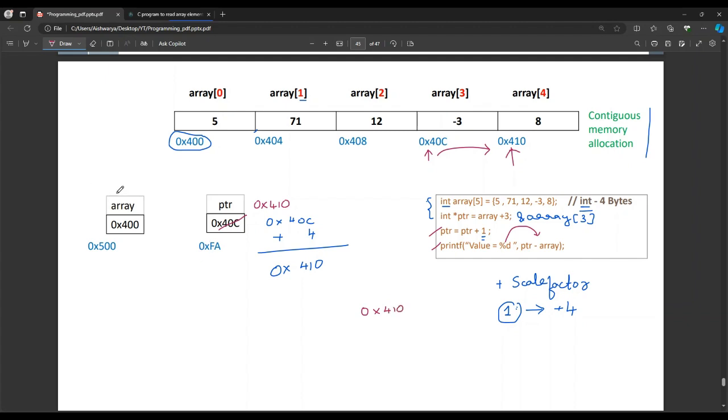And what is the name of the array? Name of the array is a pointer. You can do pointer arithmetic on normal pointers, but on the name of the array you can never do it. Say something like array plus plus, you can never do that. You could do ptr plus plus, ptr minus minus, ptr plus 1, plus 2, and again when we say plus 1, plus 2, it depends on the scale factor. So scale factor depends on the data type of the variable that pointer is pointing to. So even that pointer will take the same data type.